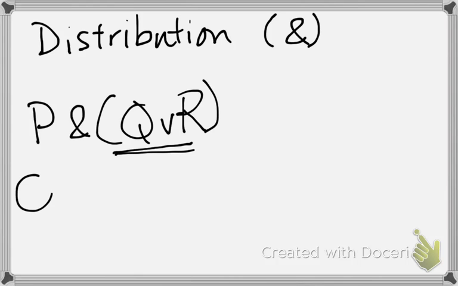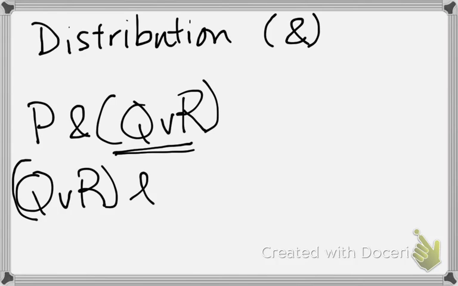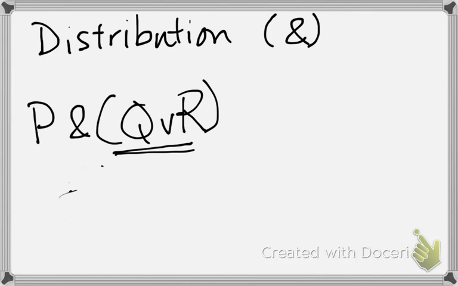So if you have a formula of the form Q or R and P, you can't do distribution on that until you do commutation. You have to do commutation first if it looks like this, because it needs to be set up this way just because it would get confusing otherwise. Okay, so how the rule of distribution works is, if we have this formula P and Q or R,